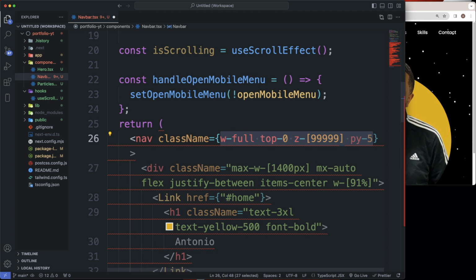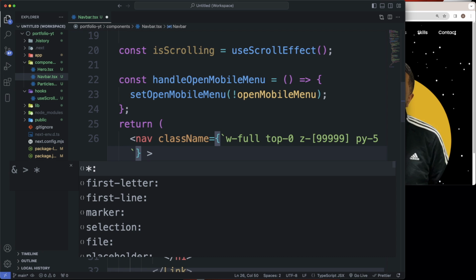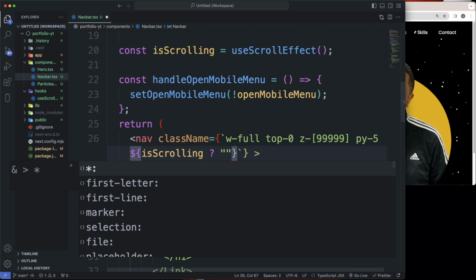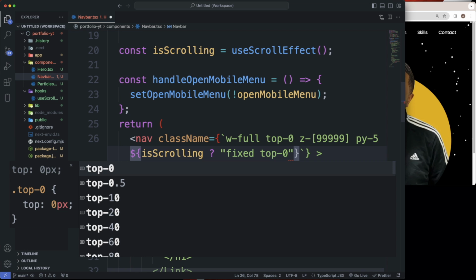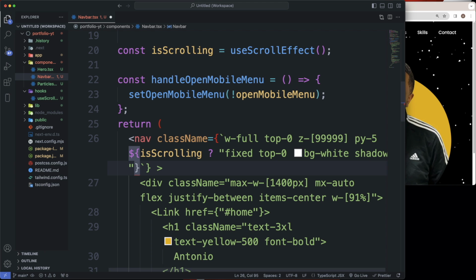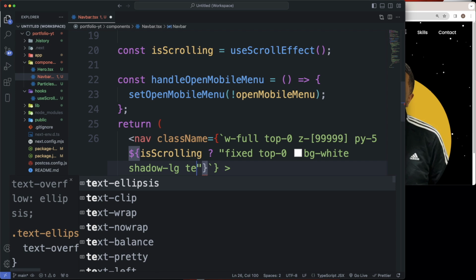Let's put this inside of a bracket. We're also going to do backticks like that. And now we can render some stuff out conditionally. So we're going to do $, brackets, is scrolling. So if it's scrolling, we want the styles to be fixed, a top of 0, BG of white, a shadow large, shadow LG, and we also can give it a transition,